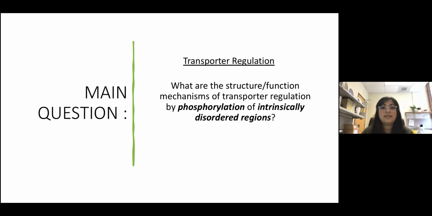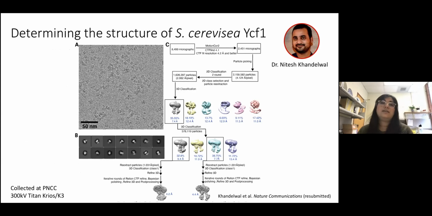And so Nadesh devised an expression system using an endogenous expression system, Cerevisiae, to express and purify native YCF1. And so what we found was that in this particular molecule, there was quite a bit of structural heterogeneity, which we were able to tease apart with careful classification. And so what we found was two primary classes that were somewhat marked by